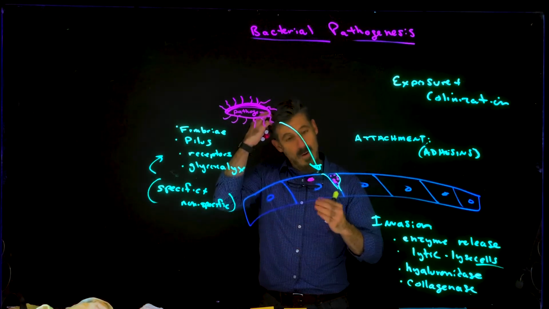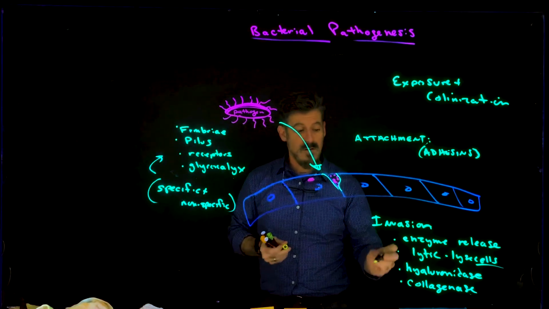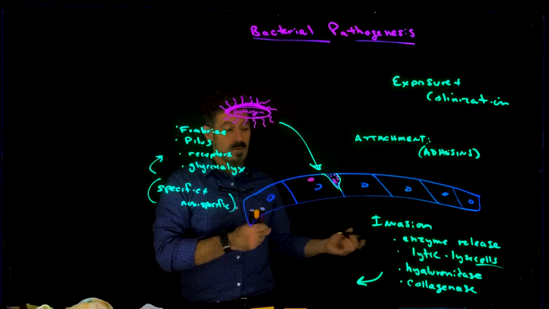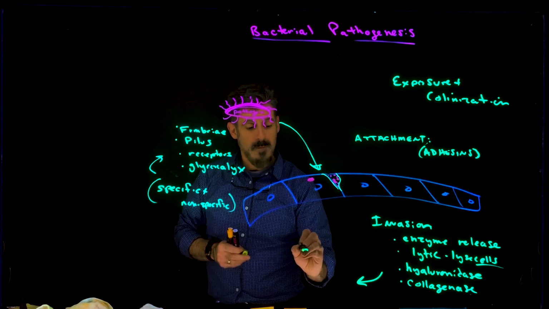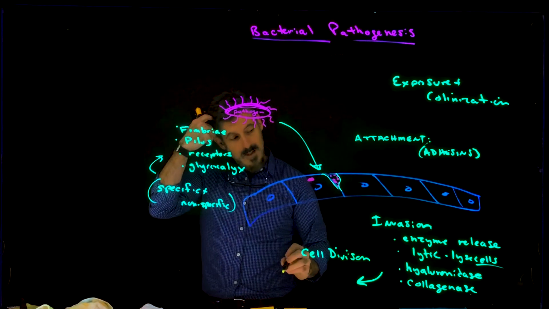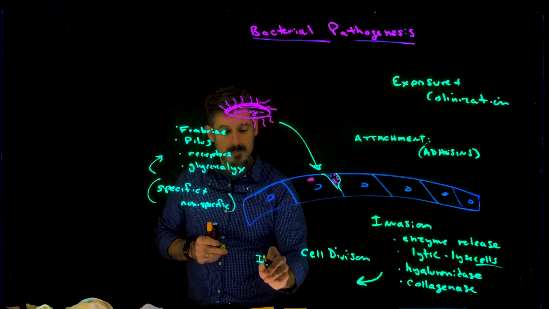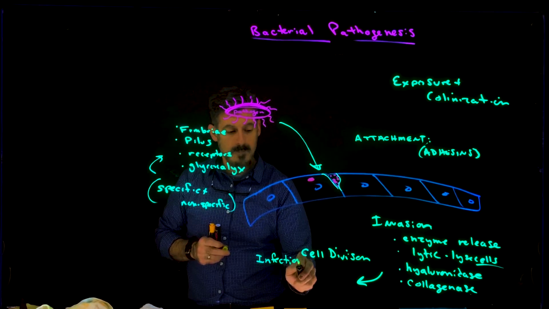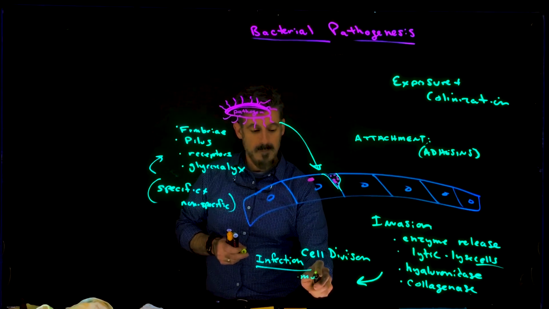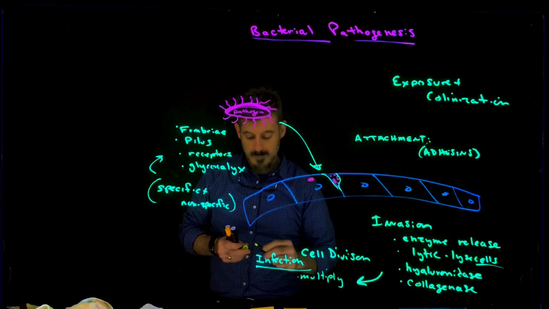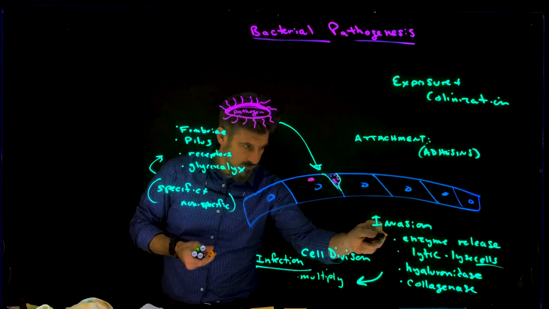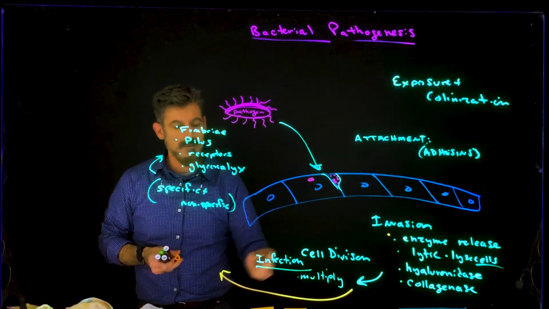Now, one of the main reasons for this invasion or damage is to get a foothold inside the cell or inside the host organism so that we can get cell division. So the actual infection stage is where the cells will multiply. In addition to that, happening at the same time as invasion and as they're getting prepped for cell division,